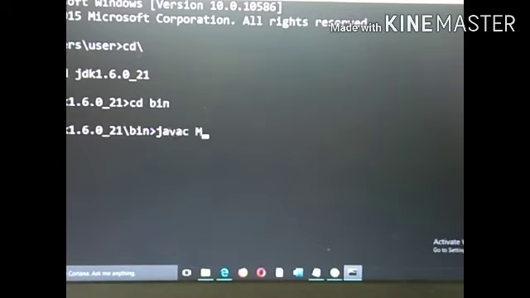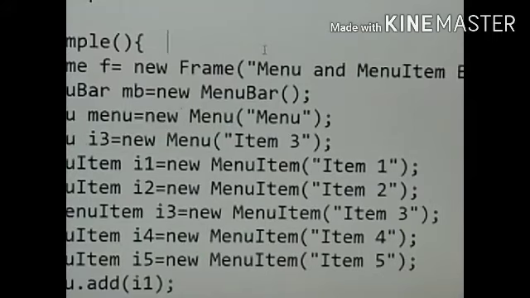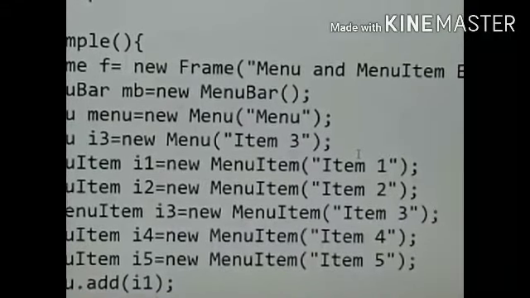It is menu example. Here I have changed the name of them.